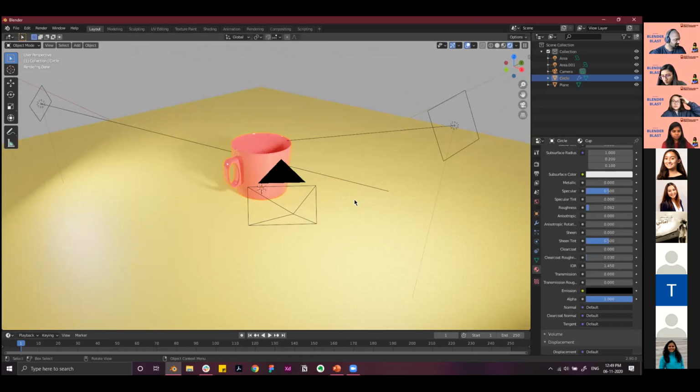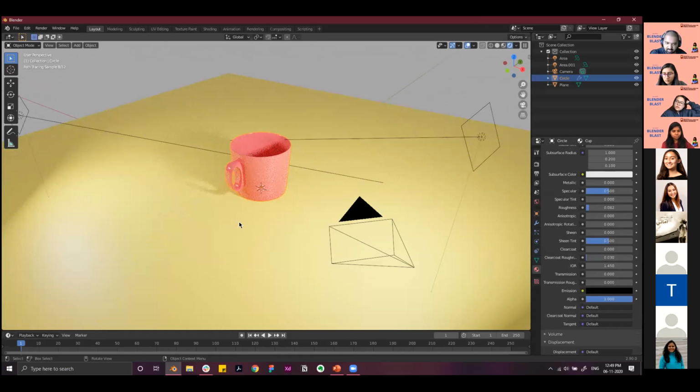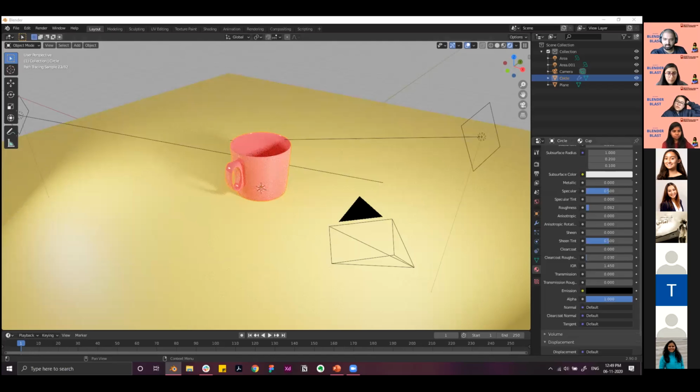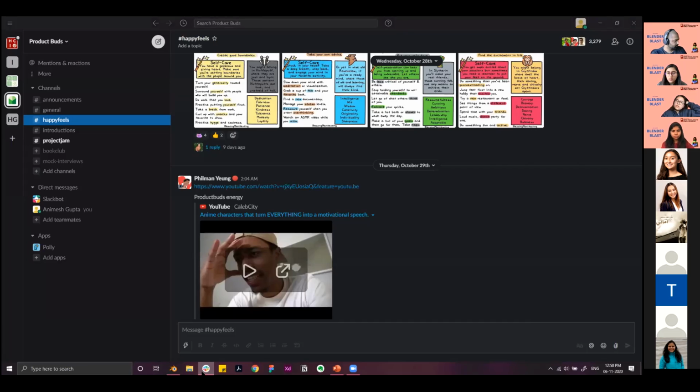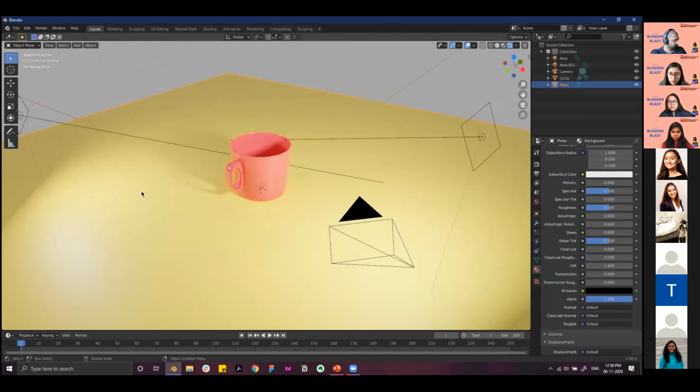Let me know if you're stuck before this, because this is the last step, and we can get everyone to this step and then proceed ahead. I think we can go ahead. Okay.